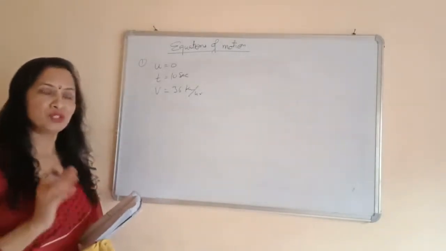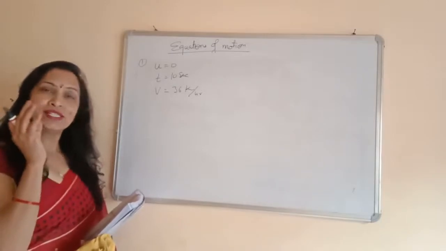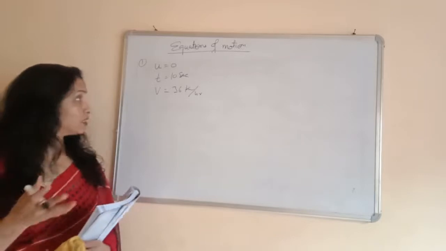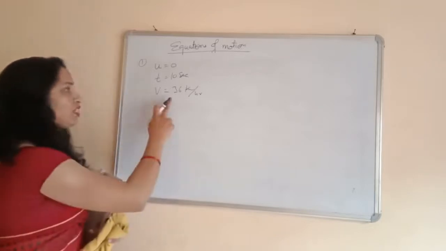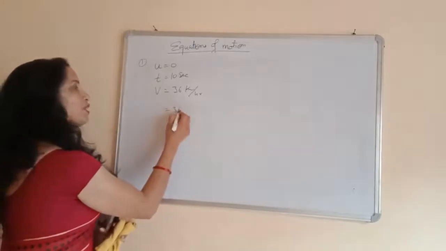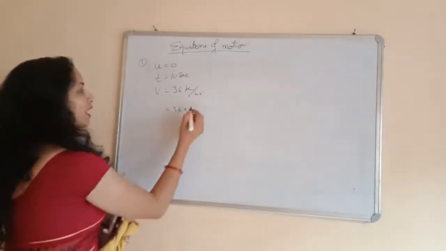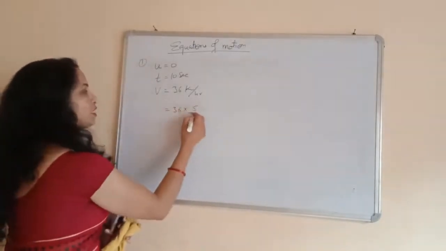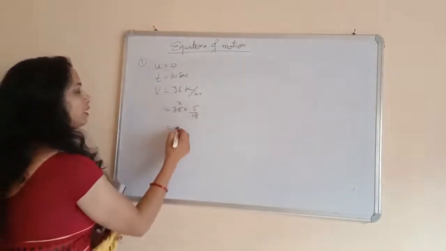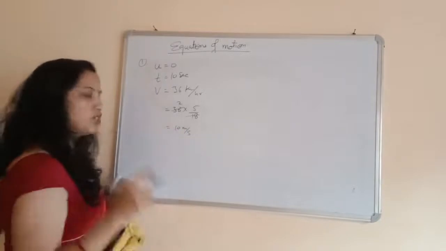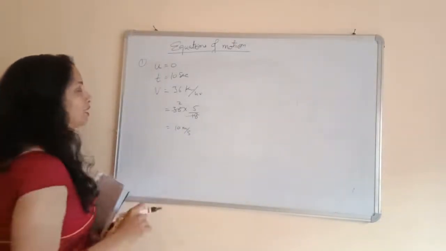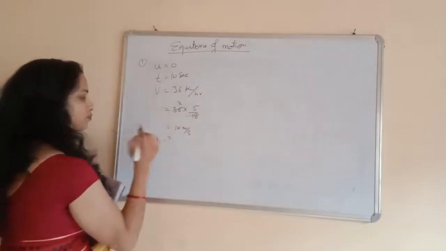First of all, we should know what the SI unit of speed and acceleration is. The SI unit of speed is meter per second. So first of all, we will convert the kilometer per hour into meter per second. I explained in the last lectures that by multiplying it by 5/18, we can convert it into meter per second. So it will be 10 meter per second. And then you have to find the acceleration.